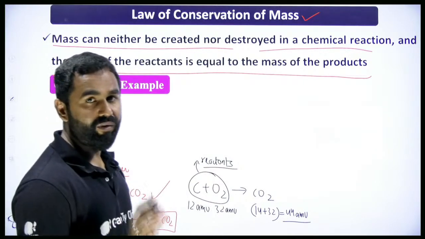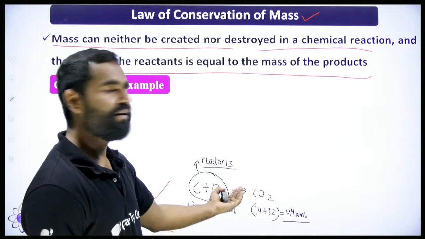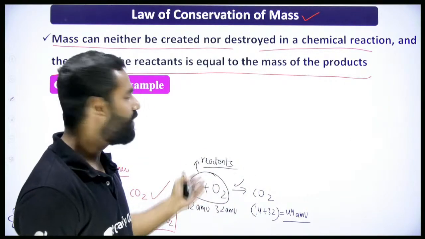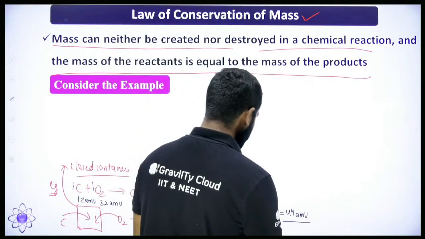So basically, if you know what a chemical equation is, in a chemical equation, anything which is on the left side of this arrow is the reactants, and anything which is on the right side are the products. So this is the product,